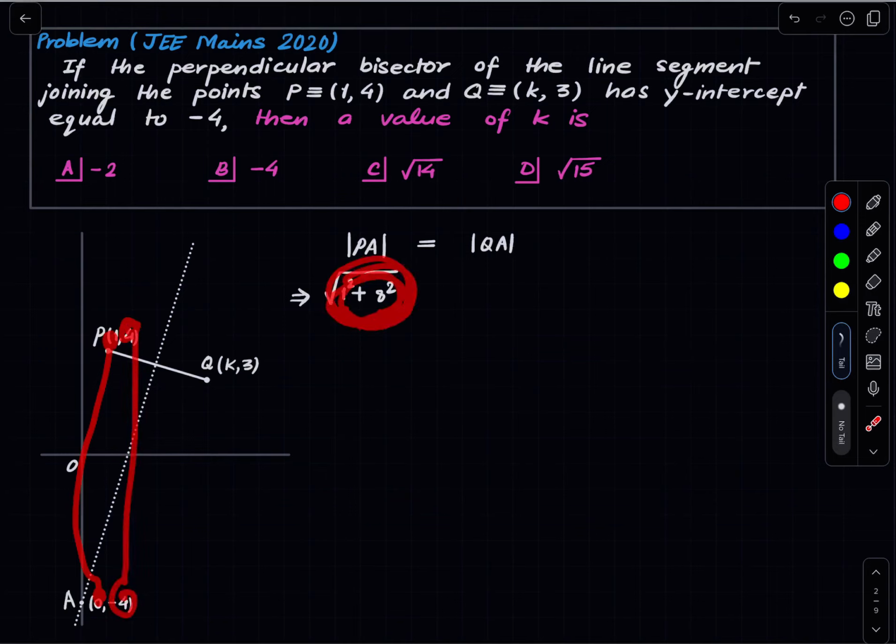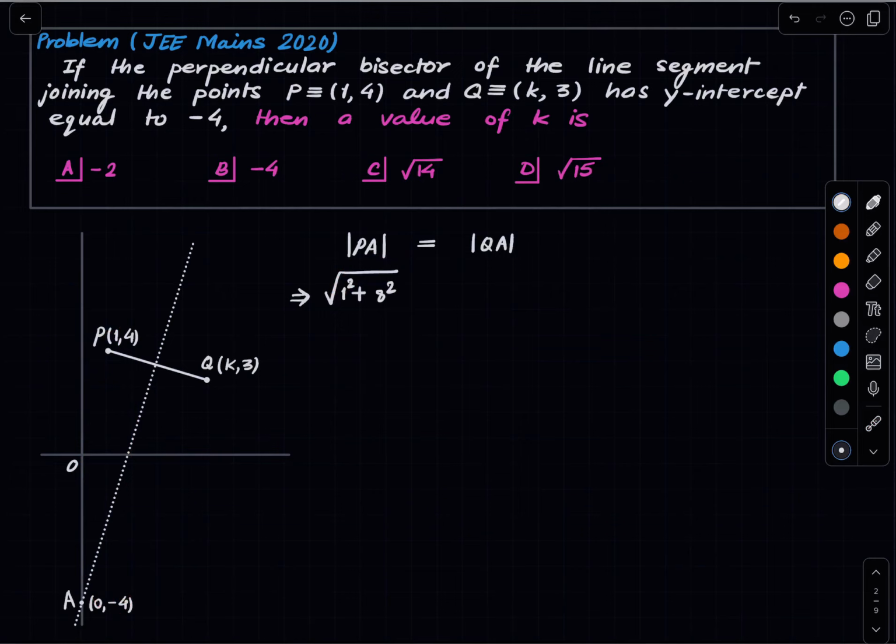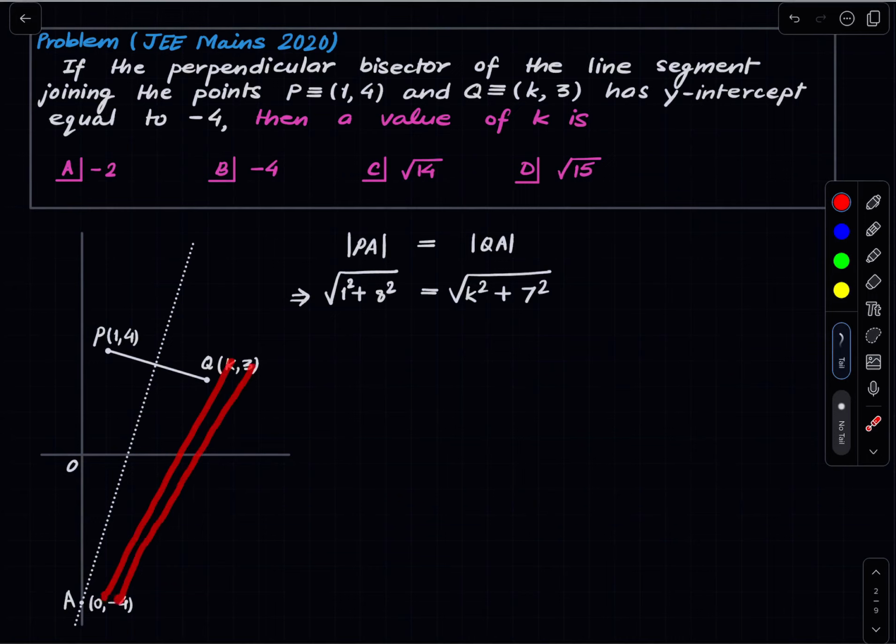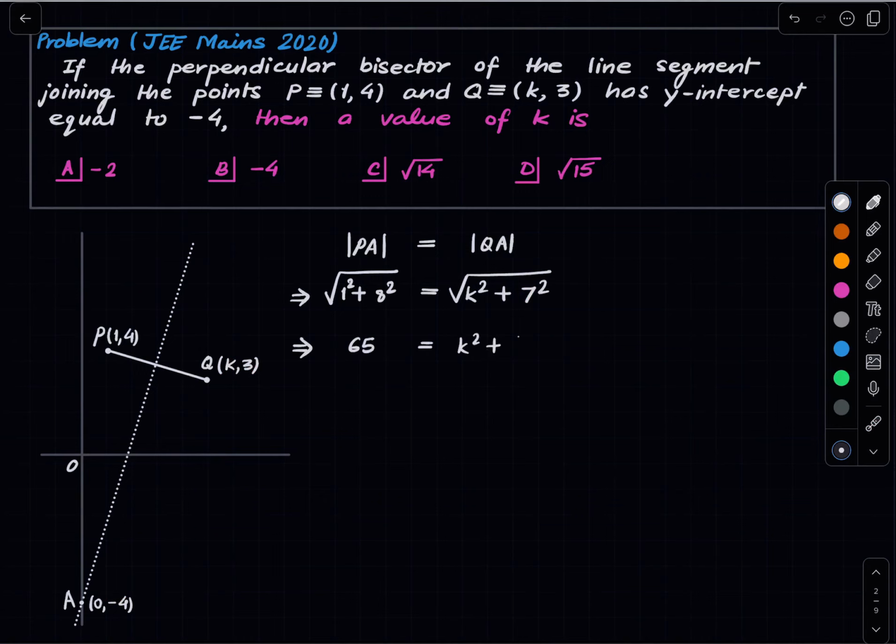So we are just using the formula for the distance. And this gives us k square plus 7 square root. Again, what's going on? K minus 0 is k and 3 minus -4 is 7. So if we square both the sides, we will get 65 equals k square plus 49, giving us,